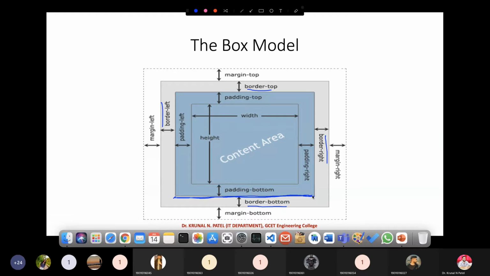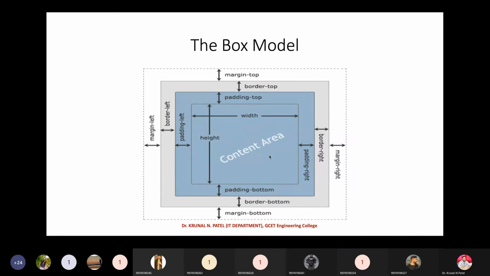Around the content area, we deal with lots of things, and with proper property values, we can make your content very readable.